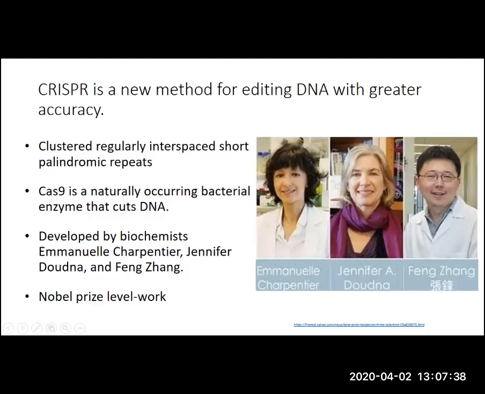Now, the CRISPR-Cas9 method was developed by biochemists Emmanuel Charpentier, Jennifer Doudna, and Feng Zhang. And so they're getting a lot of attention very recently because of all of the advances that are now possible with this technique. And just a quick commercial and aside, this is Nobel Prize level work. And so very seldom do we have the opportunity to really see monumental scientific shifts occurring. This is the type of thing that could really change the area of DNA manipulation, genetic recombination,